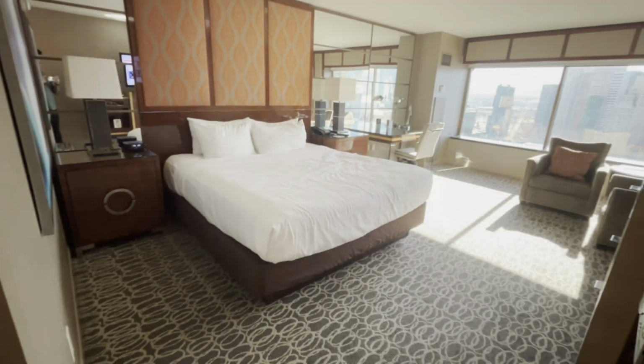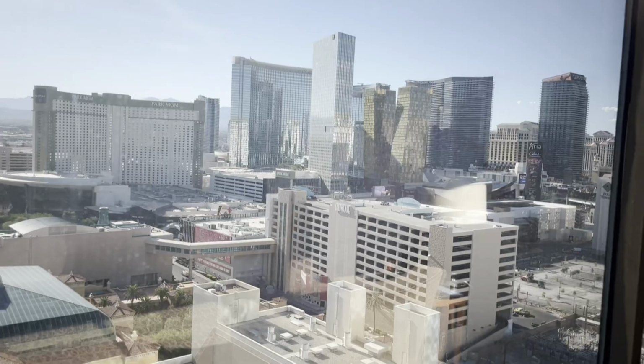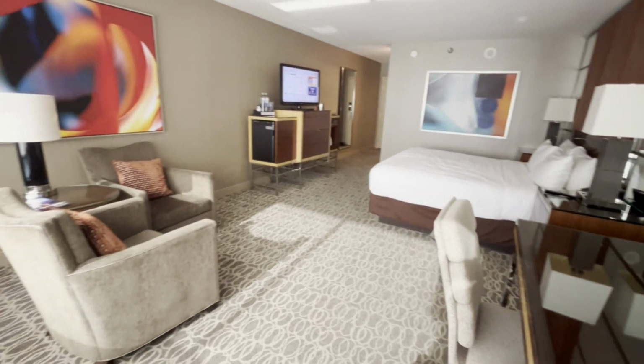All right, so this is no marquee suite, but they did give us a strip view. Just take a step back, we booked a grand king room, very basic. They did end up giving us a strip view, so we do have a view of New York out there. And she asked if we were here celebrating anything like that. I mentioned it was my birthday a couple days ago, which it legitimately was, and she gave us $100 food